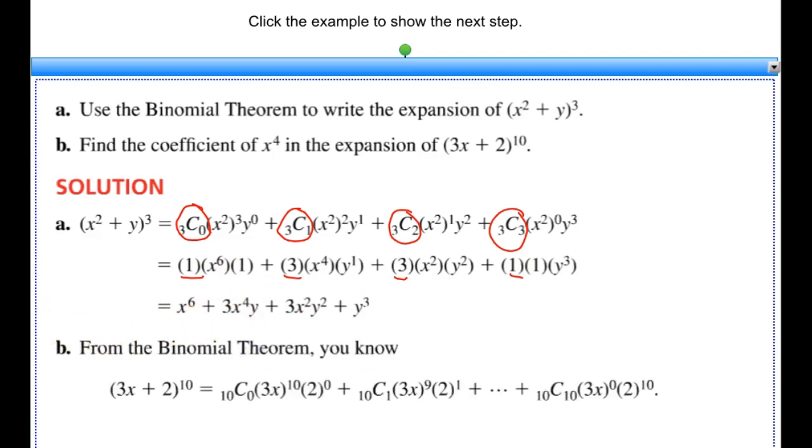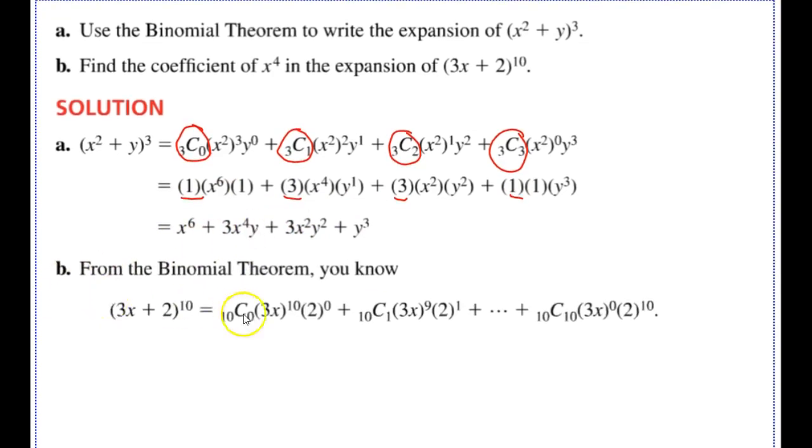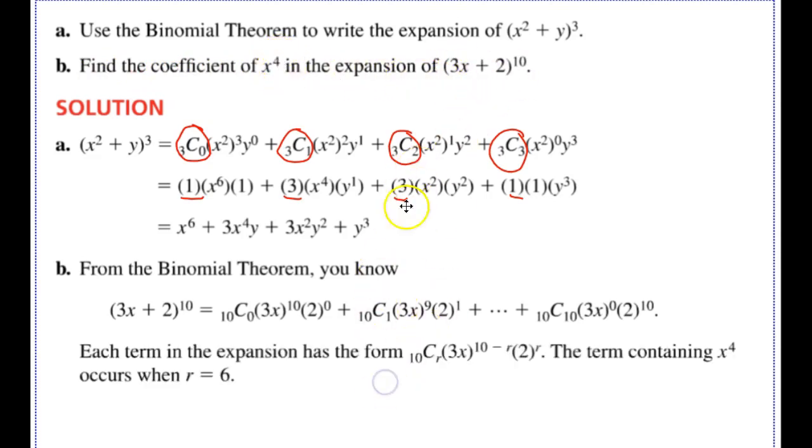So now in part B, using my binomial theorem, I know all of my pieces, and I could write them all out, and that would just take forever. Because what I'm asked to do is find the coefficient of x to the 4th in this expansion. So I know that each term in the expansion, and this comes from that core concept,